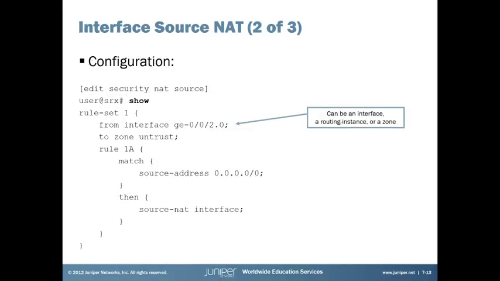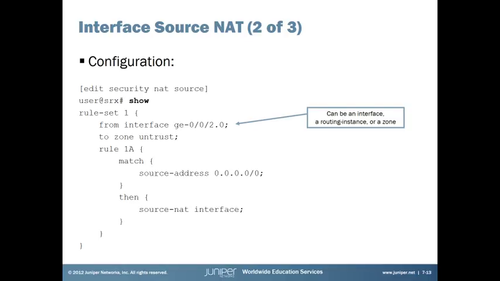So notice it's under these security stanzas. So it's edit security nat source. Alright, nat source. And we have this thing where we create a rule set. It's just called rule-set-1. We could have given it a name, something a bit more descriptive than that. But you create a rule set